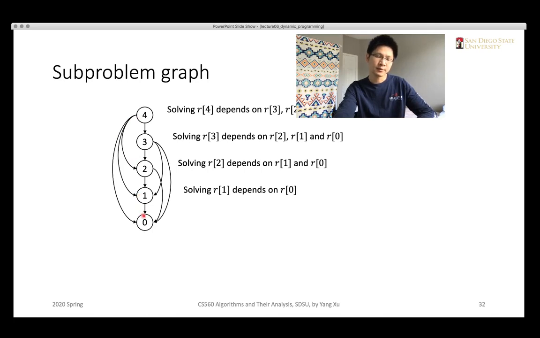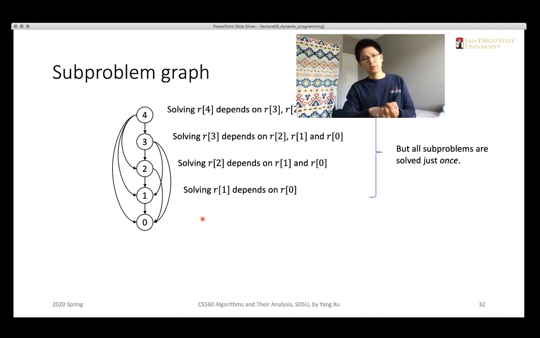describe one thing, that we need to solve the smallest subproblem 0 first. Only after that can 1 be solved, and only after 0 and 1 are all solved can 2 be solved, etc. Okay,